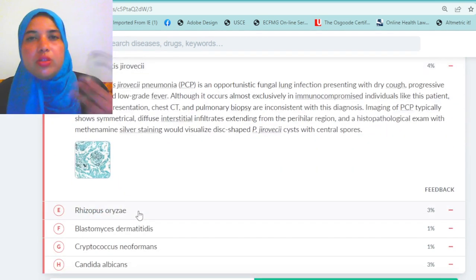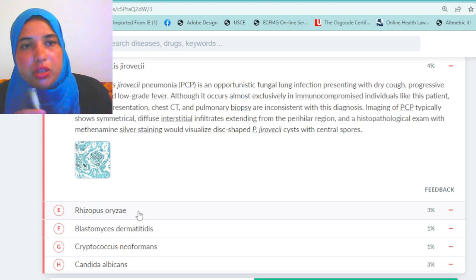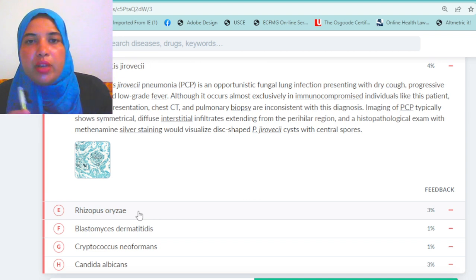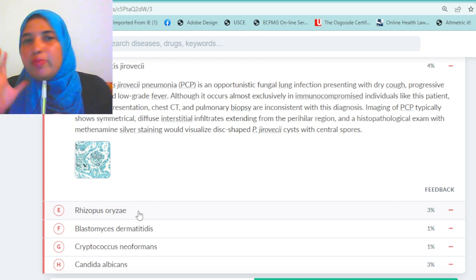You can definitely use this moment to just refresh everything and solidify all of that information. Okay, so pneumocystis jirovecii, I'm not the best at pronouncing these things. Pneumonia is an opportunistic fungal infection presenting with dry cough, progressive dyspnea, and low-grade fever. Although it occurs almost exclusively in immune-compromised, like this patient, what are we going to see that would have made us select pneumocystis instead? Well, we're looking at